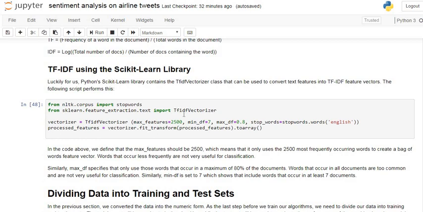Similarly, max_df specifies that we only use words that occur in at most 80% of the documents. Words that occur in all documents are too common and are not very useful for classification. Similarly, min_df is set to 7, which means to include words that occur in at least 7 documents. This is the description of the arguments inside the bracket.